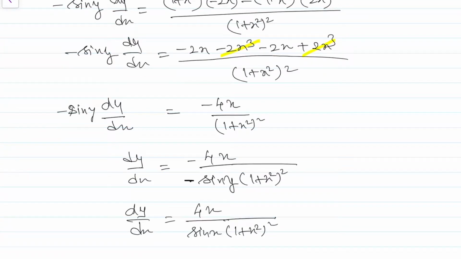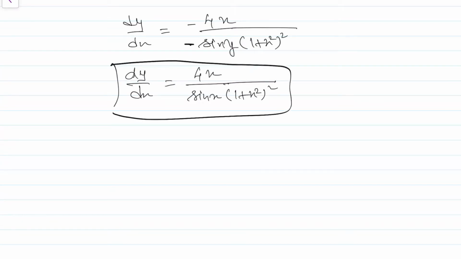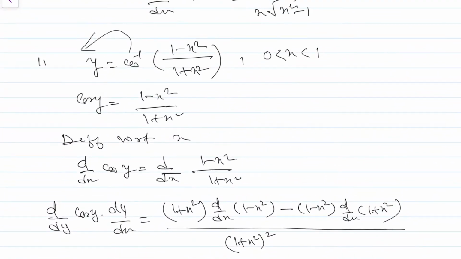Now the answer in the textbook may be different because wherever trigonometric functions are involved, the derivative may look different, but actually they will be equal. See, as in this case, in the book, we have been given the answer dy by dx is equal to 2 upon 1 plus x square. But in this case, our answer looks different from the answer given in the textbook. But it is not different.